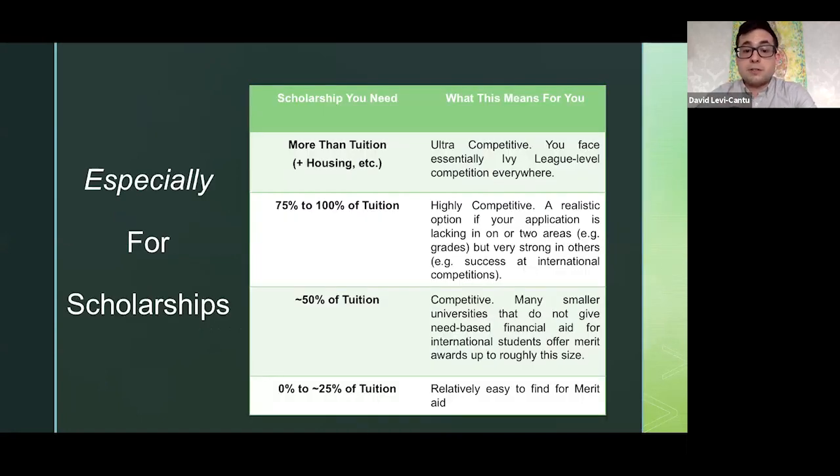And so this is especially true. I wanted to take a little time just to show something about scholarships, that this is especially true for those of you who are applying to scholarships. Because if you are someone who needs more than just tuition, if you need someone to help you support your housing as well, then you're going to basically be in a situation where no matter what the university is, it's going to be Ivy League level. You're going to have lots of international students applying. It's going to be very, very difficult. And so the essay is going to matter even more. And similarly, the more money you need, the harder it's going to be, and the more that holistic evaluation starts to matter.